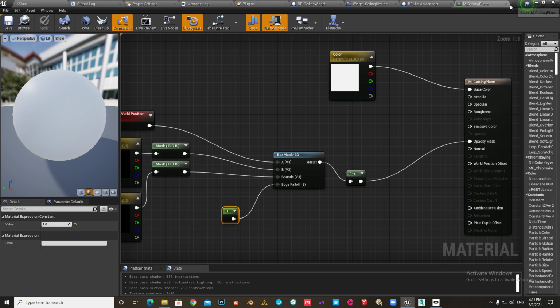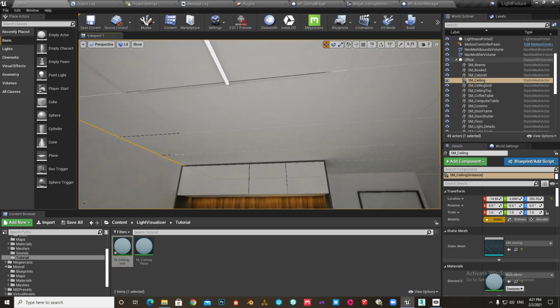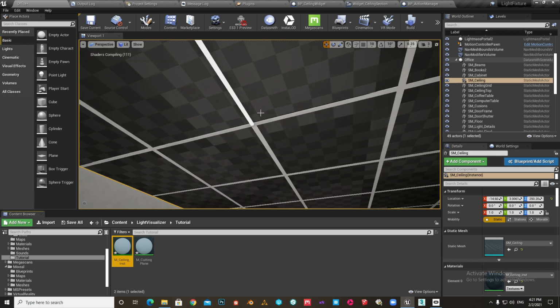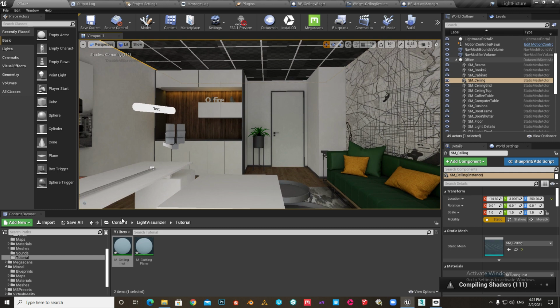Okay, so next we have to create an instance of our material. Give it any name. Apply that on the ceiling. Wait for the shaders to compile.